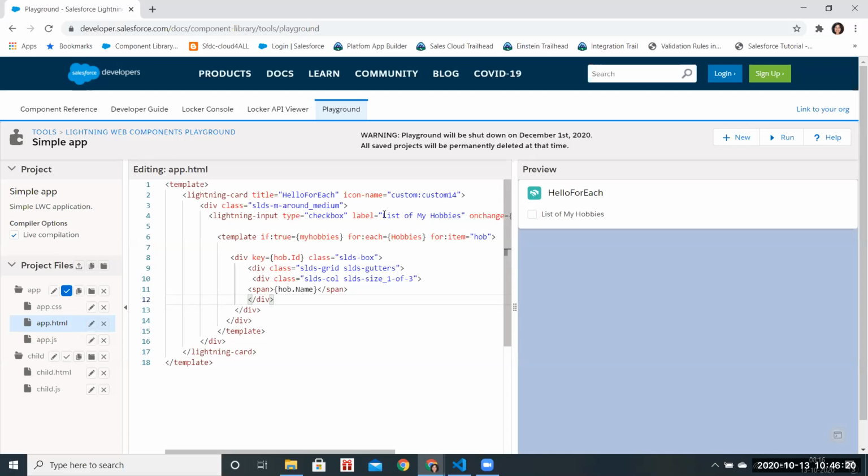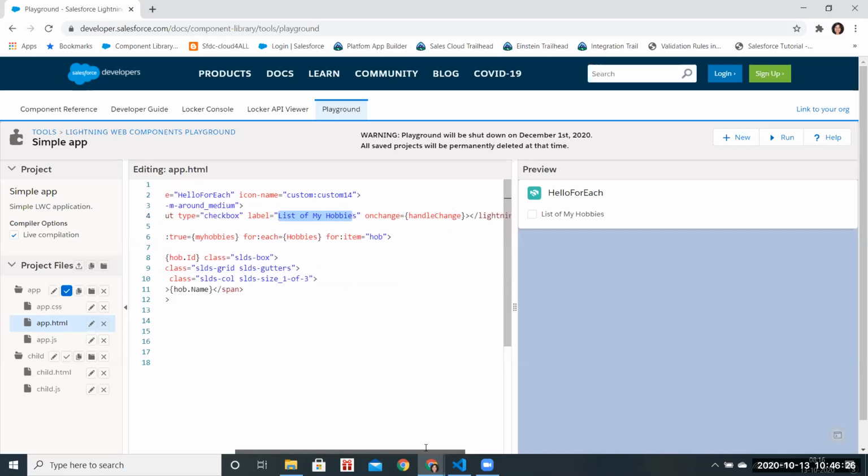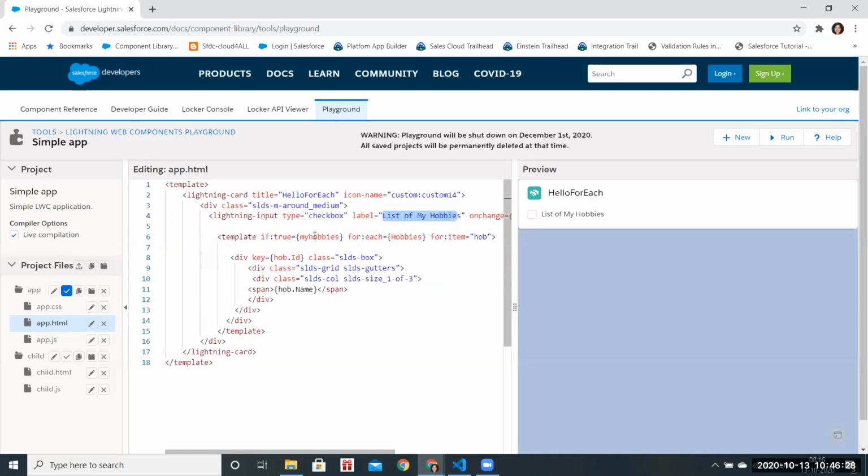So I changed the label to list of hobbies, and the on change is the handle change only. I have changed the if true property variable, and I have taken hobbies here, and the item to iterate I have taken hob. So I'm taking hob IDs and hob name here, and this is my JS.